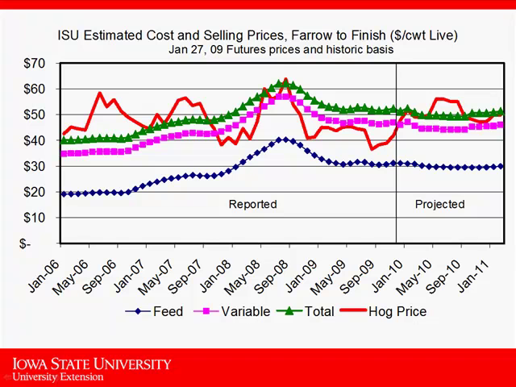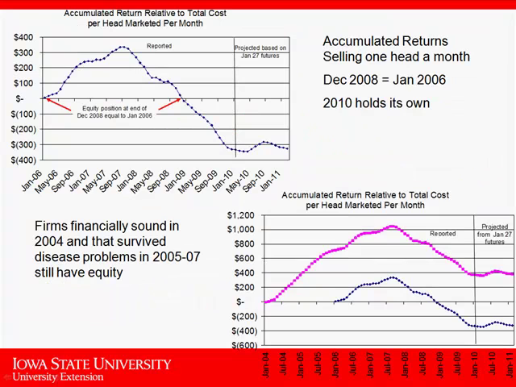They're history, right? The ones going forward, we use last night's futures prices adjusted for basis on corn, meal, and hogs. And what that says is we're expecting to be at break even here in February. January was not quite there, but close. February, March will be a break even. The summer months should be profitable, back in the black, or the red, perhaps in the fall. That's what the futures are telling us using our cost structure.